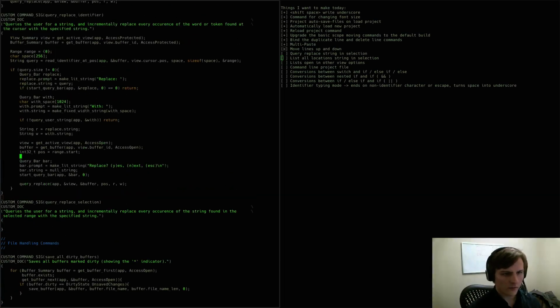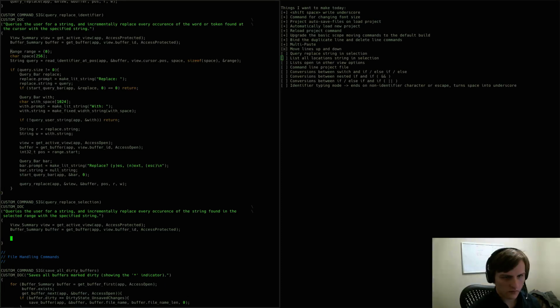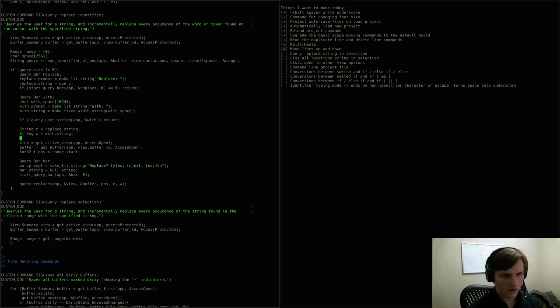Alright, and the way that will work will be a lot like the way this one works. We get both of these. Range equals get range from the view. String query equals